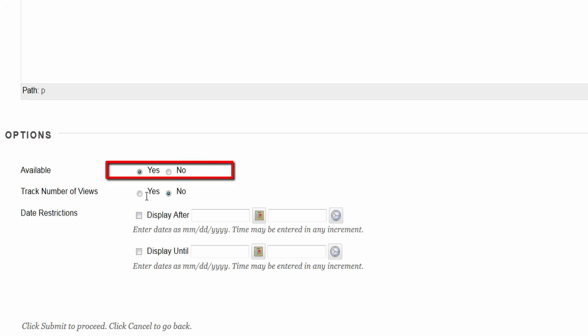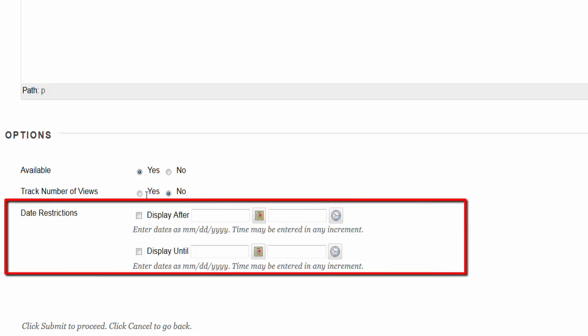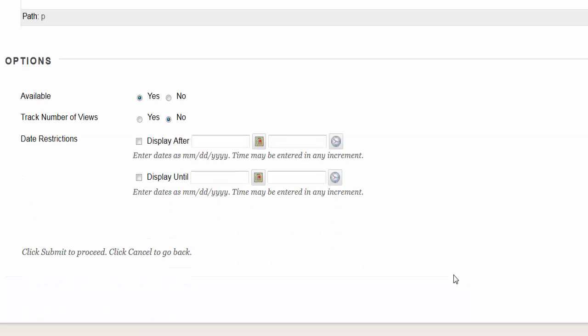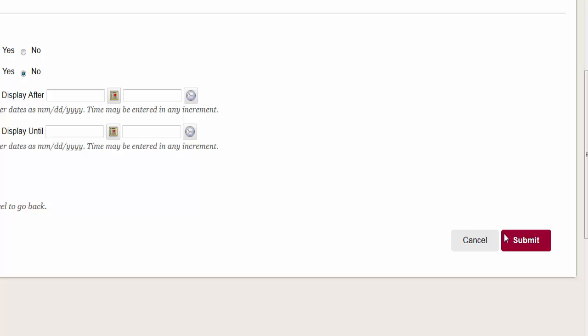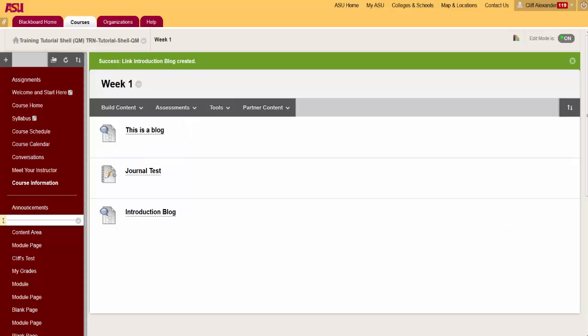Click Yes next to Available. You may choose to use the date restriction. Be sure to use both Display After and Display Until for it to function. It is also important to use the calendar and clock icons to set the date and time. Typing them in manually will generate an error. For this blog, we will leave it available for the entire semester, so we won't use the date restrictions. Click Submit. A link is now in the Week 1 folder, so students don't have to locate the correct one